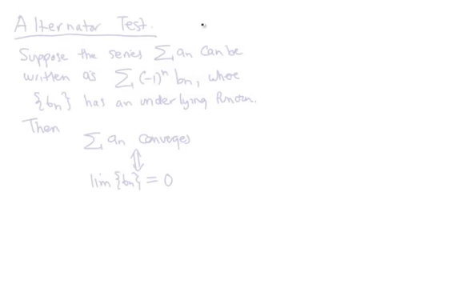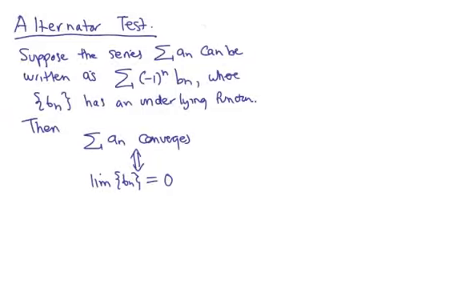Now both of these examples, together with the previous ones, fit the case of having an underlying function. But what if the terms of your series don't have an underlying function? Well, depending on what those terms might look like, I may have a test for you. The Alternator Test says, suppose that you have a series an whose terms can be written in the form -1